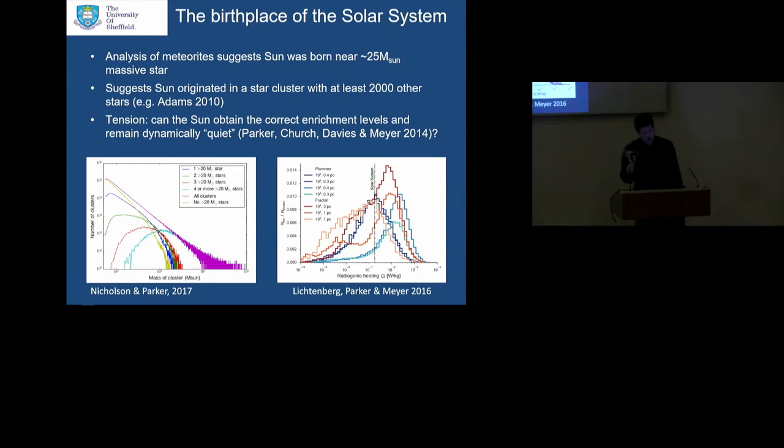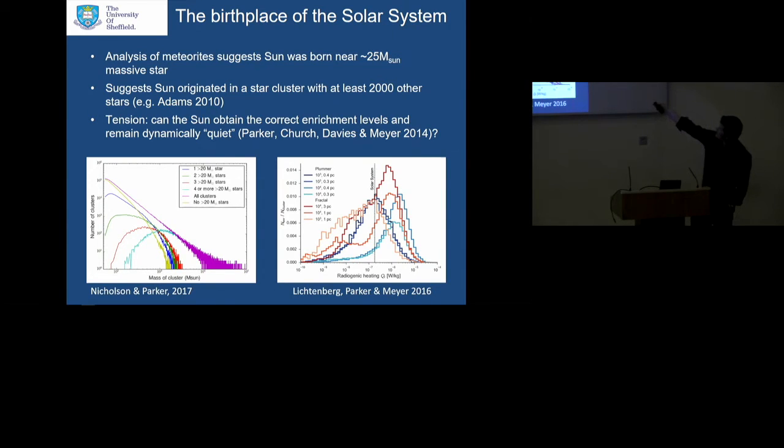So, just for the last couple of minutes, I'd like to tell you a little bit about how I think our own sun fits into all this picture and what we can say about the solar system. You may know that some meteorites from the epoch of planet formation around the sun have very short-lived radioactive isotopes within them, or at least the daughter products of these radioactive isotopes. And that suggests the sun was probably born in proximity to a very massive star that exploded as a supernova. Now, there's a bit of debate at the moment in the literature about whether or not the sun formed from pre-enriched material from the supernova, or whether the sun's protoplanetary disk captured some material from a supernova that exploded.